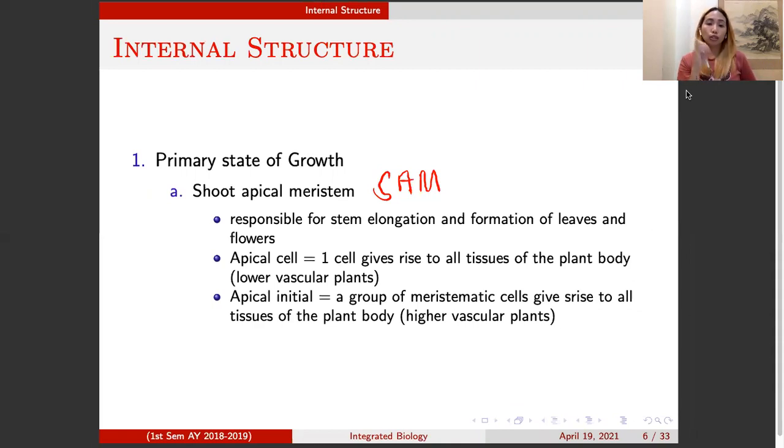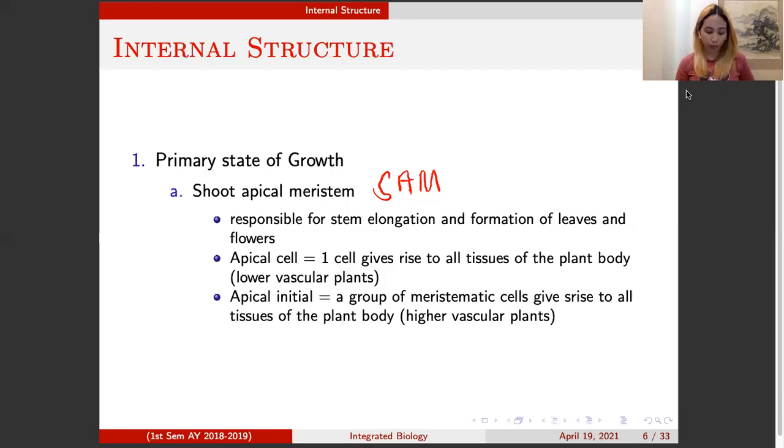So the shoot apical meristem is responsible for the vertical growth of the plant. If you snip the shoot apical meristem, the plant will stop growing. As long as the shoot apical meristem is alive and intact, the plant will never cease to grow vertically,